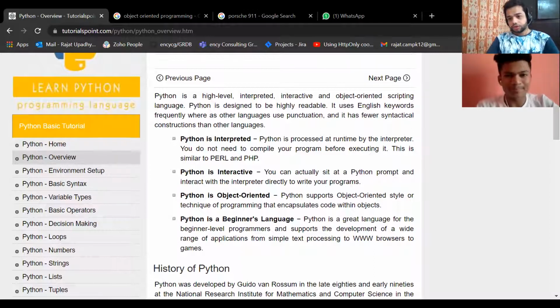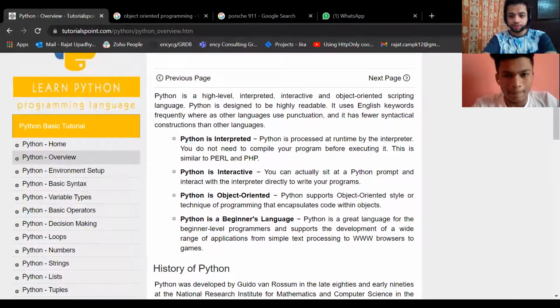So, what is object-oriented programming? There are two things in object-oriented programming. What are the two things? First is called classes. Second is called objects, right?